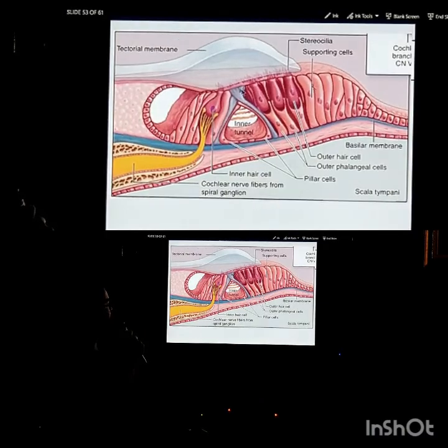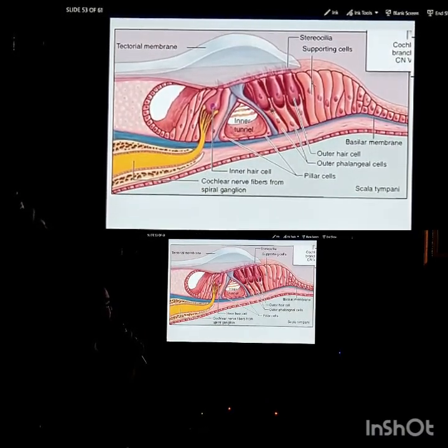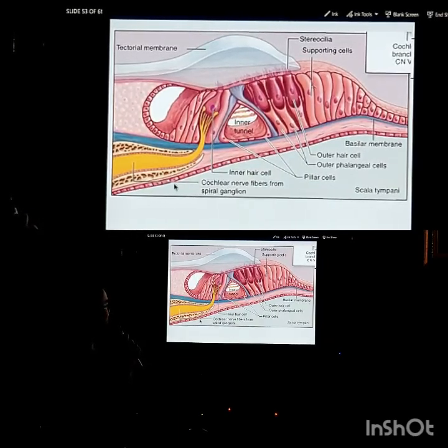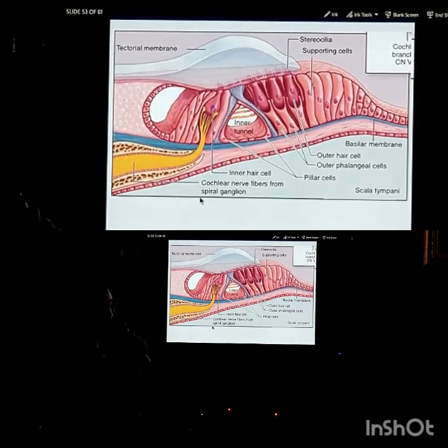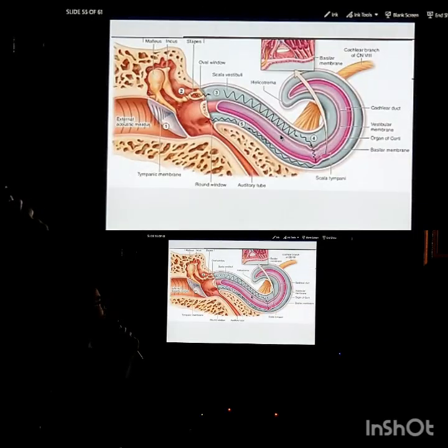So this is an illustration showing you the outer hair cells. Here are 3 rows of outer hair cells and approximately 1 inner hair cell. So 3:1. And these are the cochlear nerve fibers located in the spiral ganglion. Okay. They detect minute movements of the stereocilia and act as mechanoelectrical transducers. So when sound wave